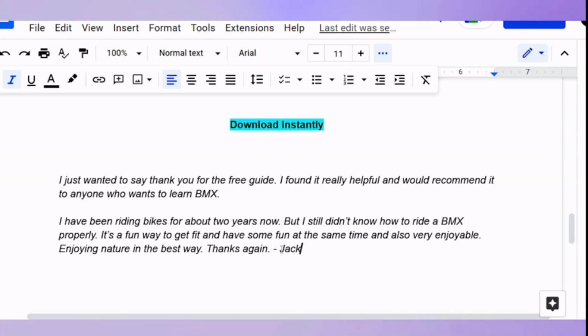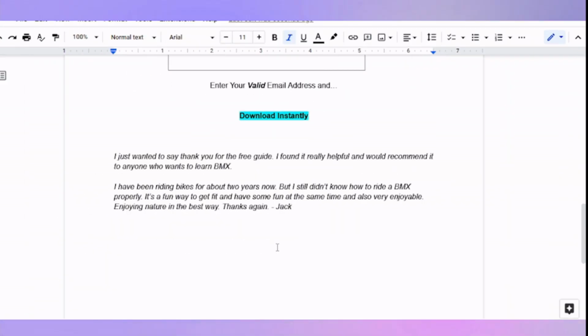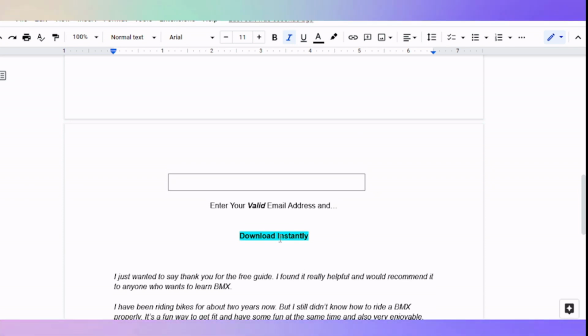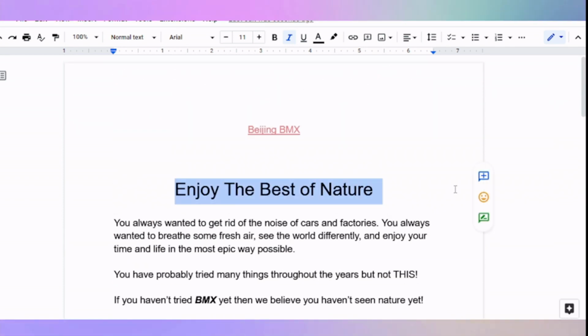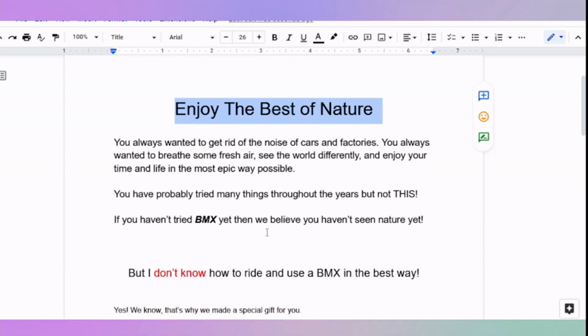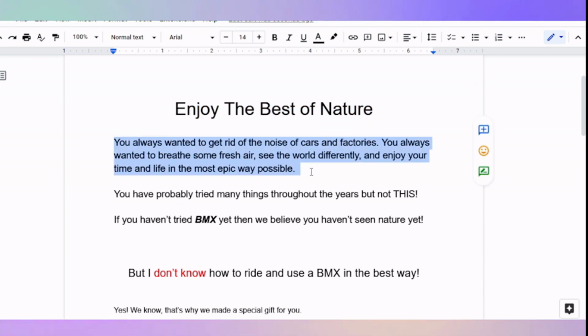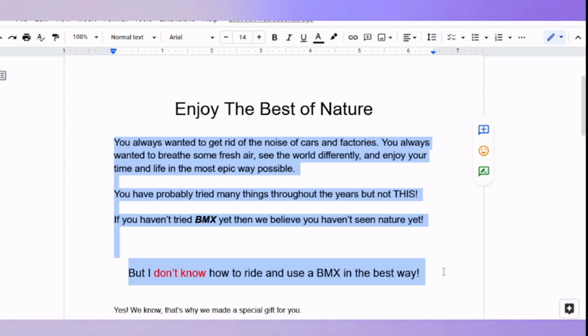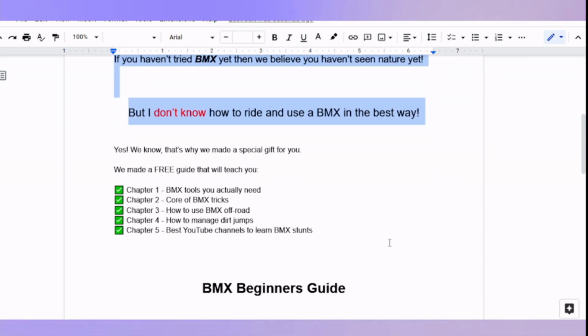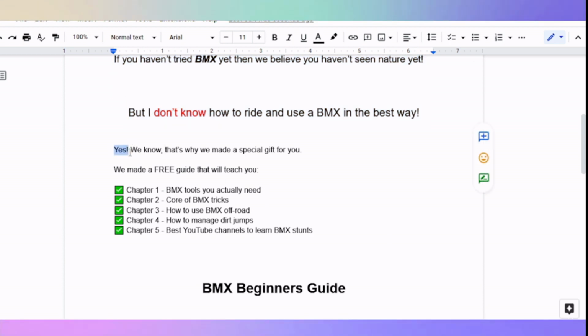All right guys, so let's do a quick recap of what we wrote together. Okay, so let's zoom it out a little bit. We started with a short and sweet headline. Up next, we applied a copywriting formula, PASP, which stands for problem, agitate, solution, and proof. So we applied the problem and agitation part in the sub headline and in the body copy right here, and then we slowly change our prospects focus to the solution we are offering to them.